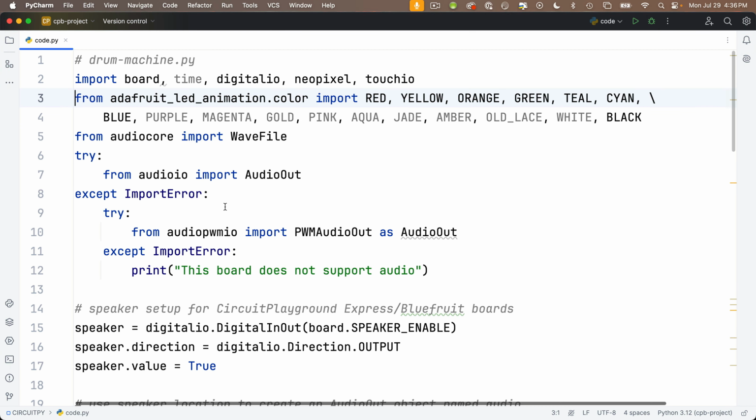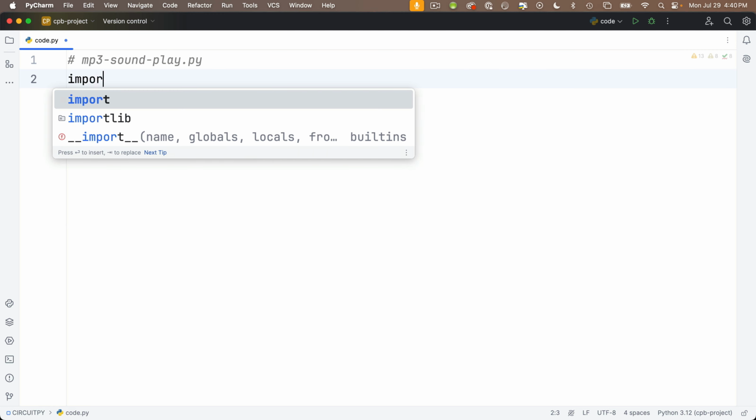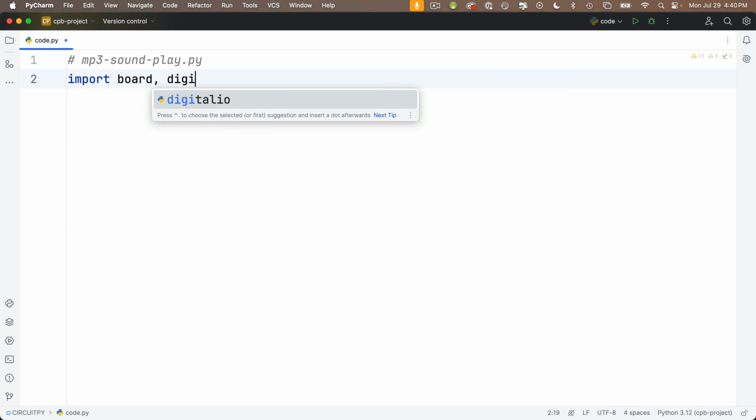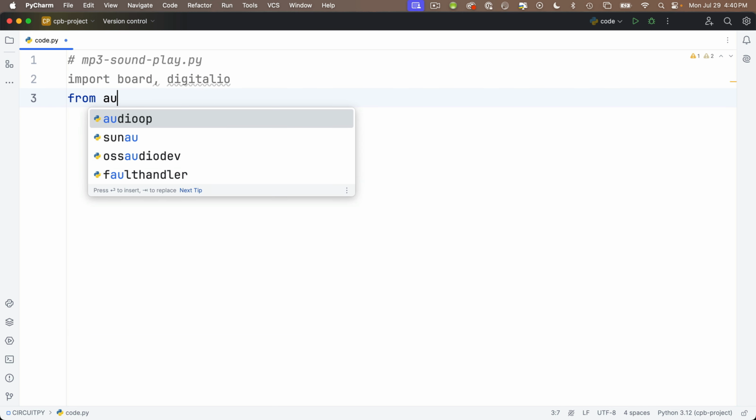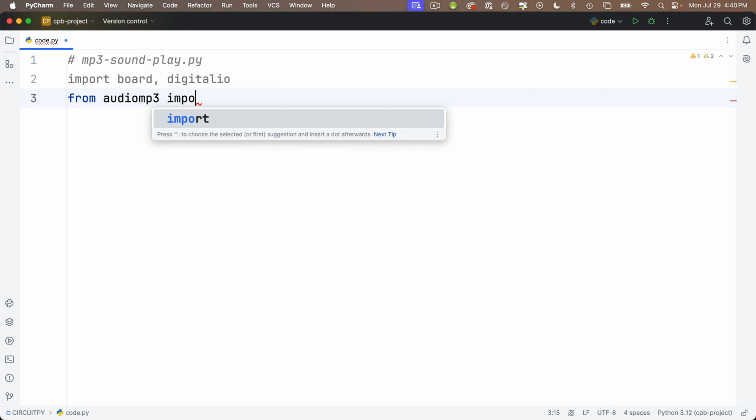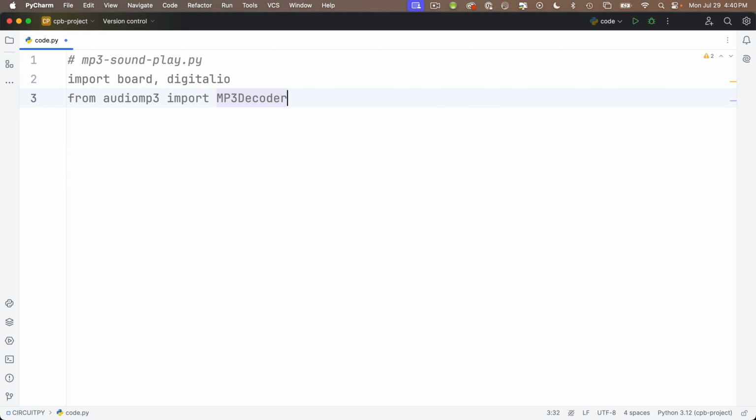And I'm going to delete all the code from my previous build, and I'll add a comment up top that says mp3-sound-play.py, and we'll import board, digitalio, and also from audiomp3, import MP3Decoder, and that's with capital MP3 and D for Decoder. Next, we need to read in a class so that we can create an audio out